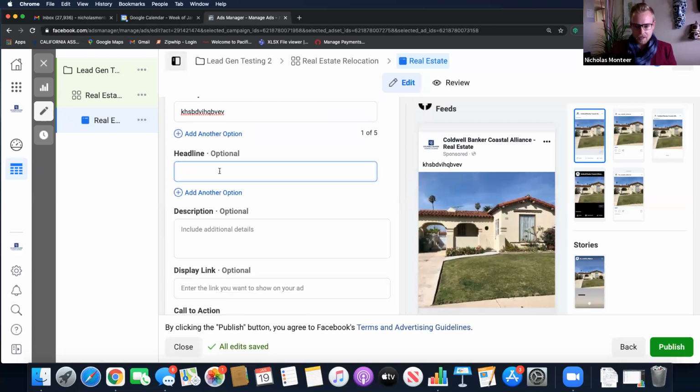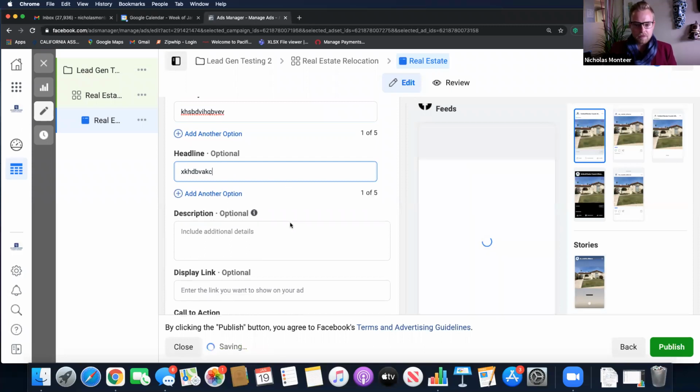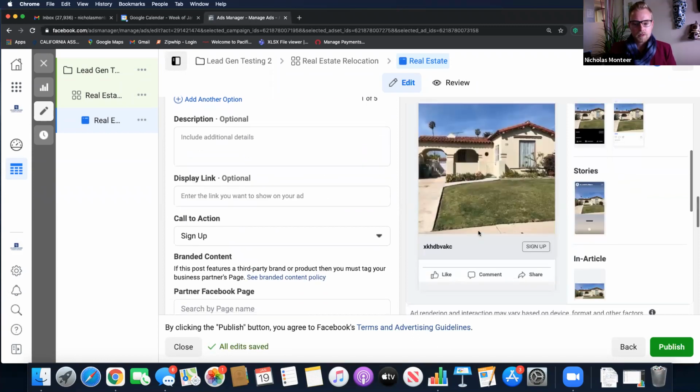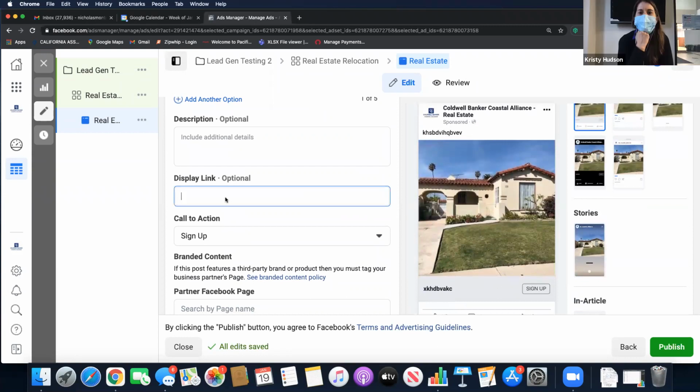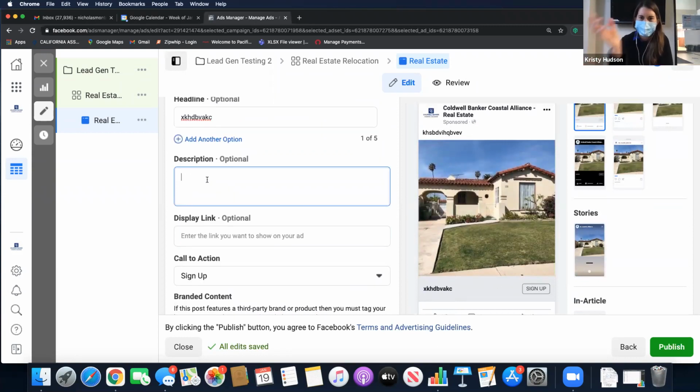This is your headline here. This is where this would show up. Every time I change something, it'll populate off to the side. So that's at the bottom there. Oh, okay, so it gives you a preview of what's happening. That's cool. Yeah, and you can tweak it as much as you want.